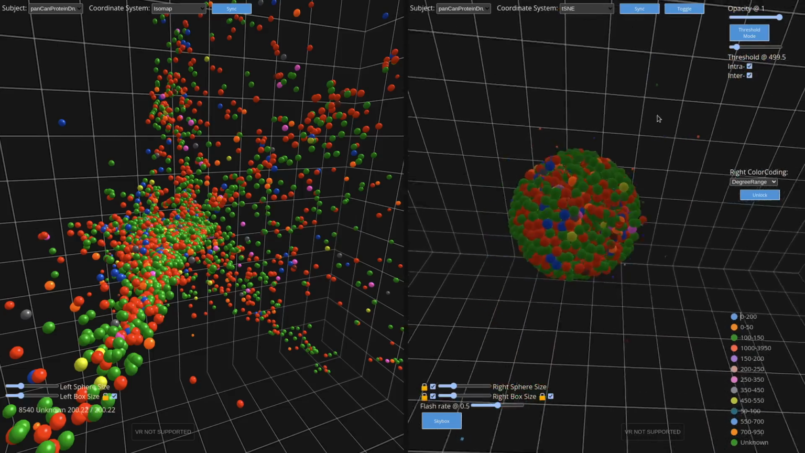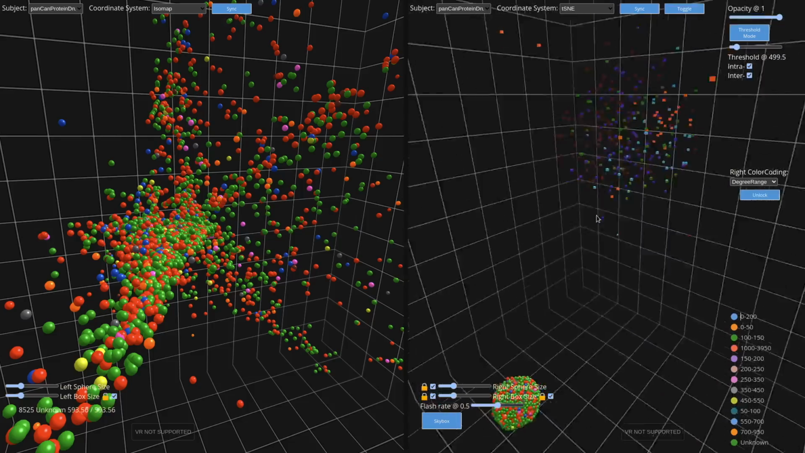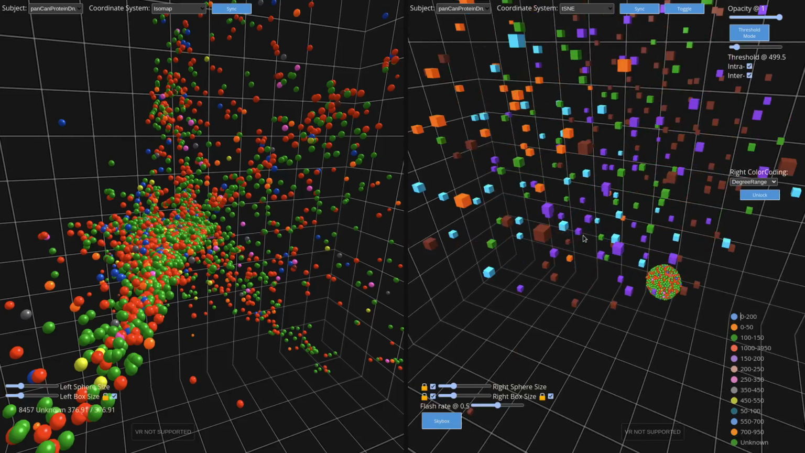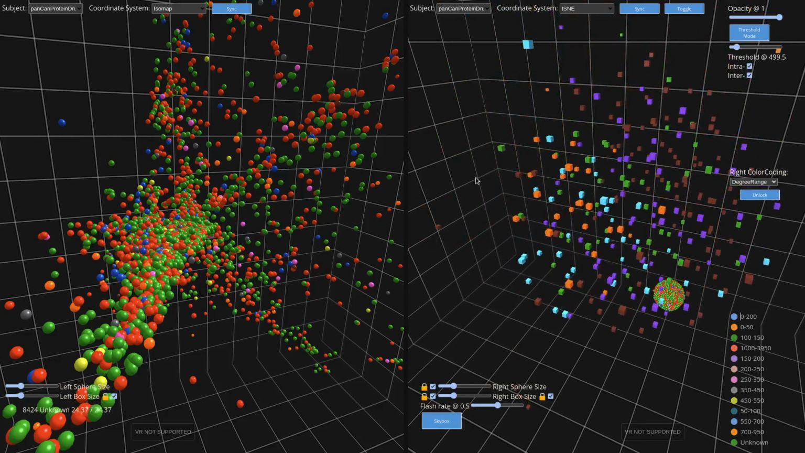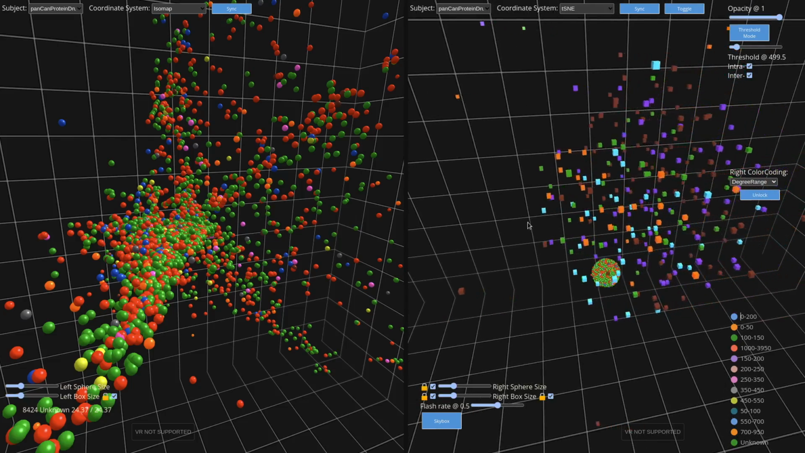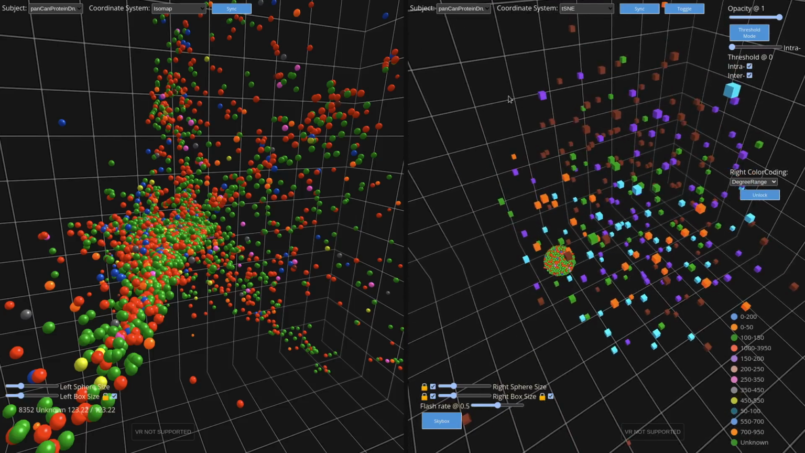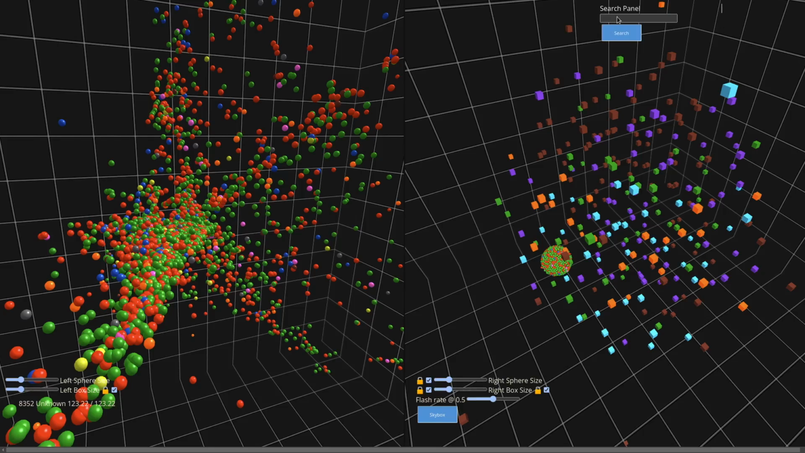The sphere represents all the proteins. This cloud of cubes represents all the drugs. Adjust the threshold down so we can see all the edges. If we search for an interesting drug like